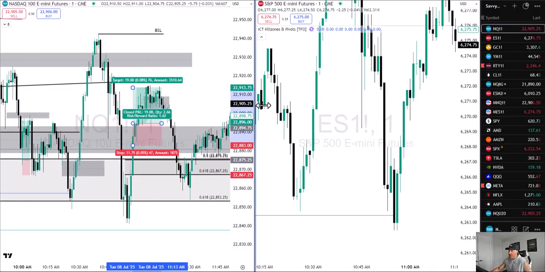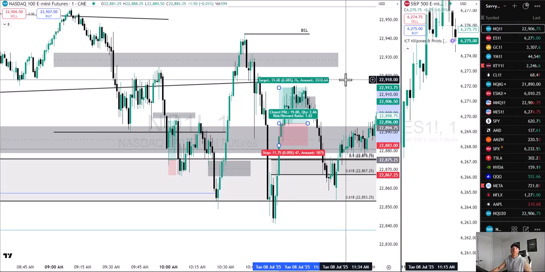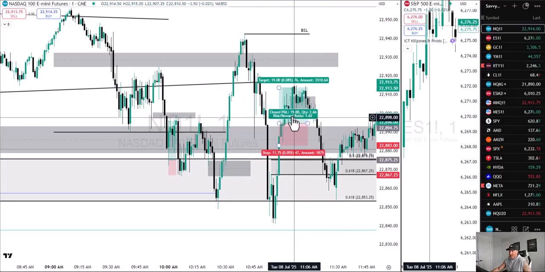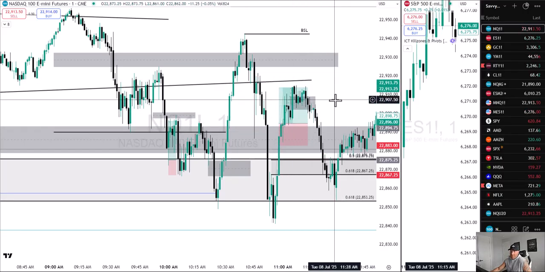Somewhat decent structure. Again, the loss that I took on the first gold trade, I would take that over and over again. We had external range liquidity taken. We're tapping OTE. We're inversing a fair value gap, so it shows me that order flow flipping. And also at open, a lot of times gold will get that move. We'll get that run and sweep some highs and then continue down, right? But it's a good example where the model didn't play out today. It didn't work today. And we watched the same model print right here, right?